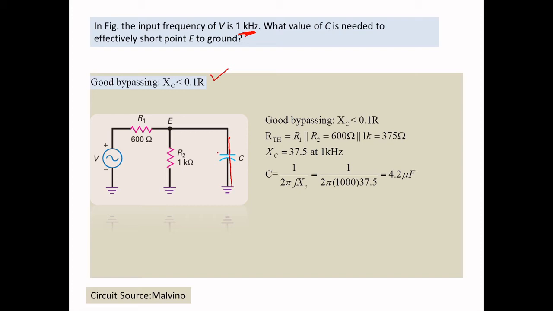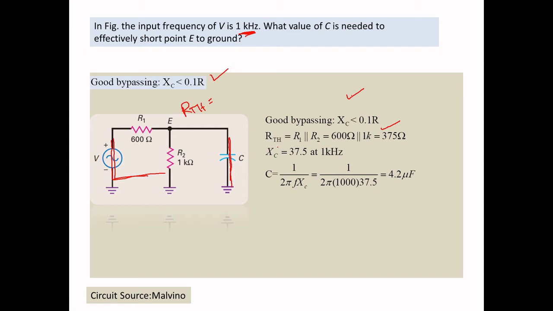So first, what we will do, initially you know in AC analysis it will become short circuited. So I want to find what is the total resistance, that is RTH. To find the Thevenin resistance, I want to short circuit this VTH. So R1 and R2 will become parallel. You know that this is a rule we will follow. If you have a current source, it will become open circuit. When you have a voltage source, that will become short circuit. So you will be finding RTH. The value will be 375. You can see here.